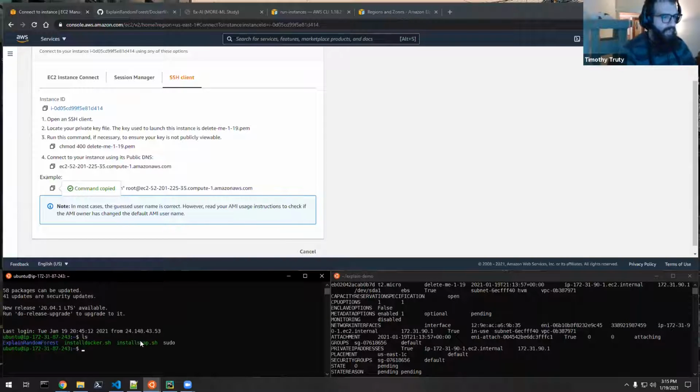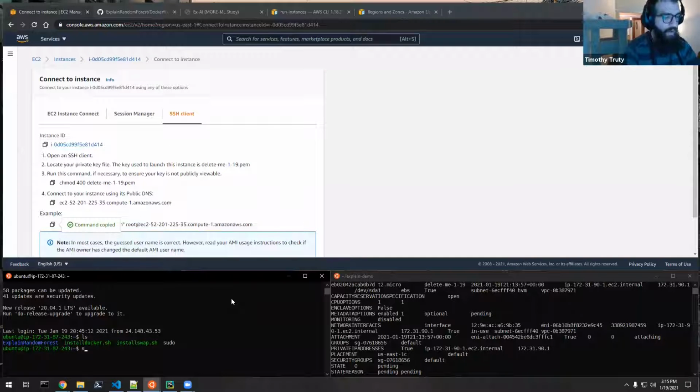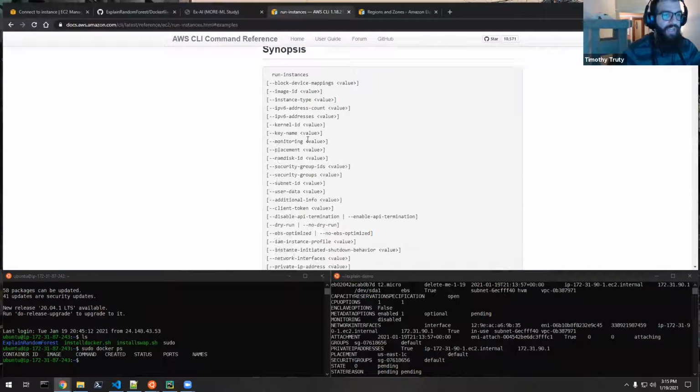So if we ls, we see everything's in there. And this is the new one we just created. But if we sudo docker ps, nothing's running. The Docker is not running. This is where we need another